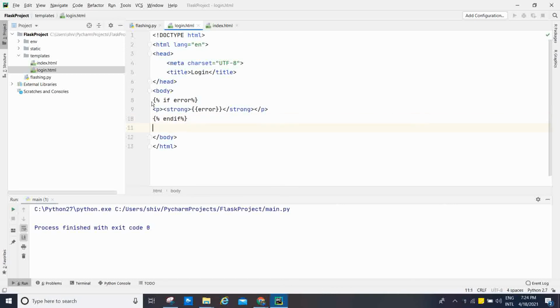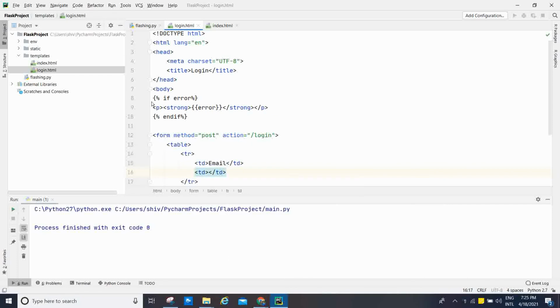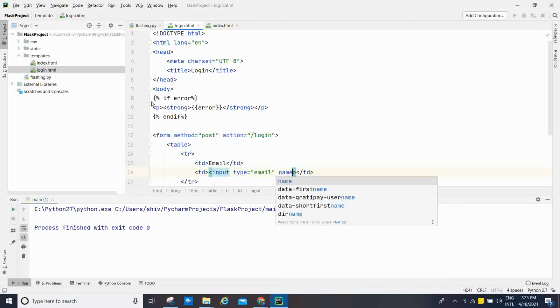Now I am going to create one form, method equal to post and action equal to /login, okay, and I am going to create one table that has the username and password. tr td email, one more td for input box, that is input type equal to text, type equal to email instead of text, name equal to email.